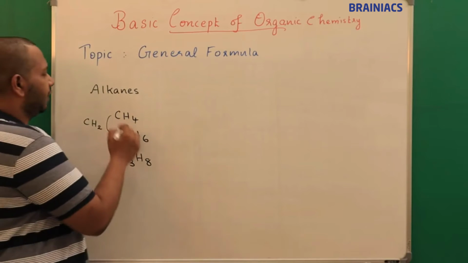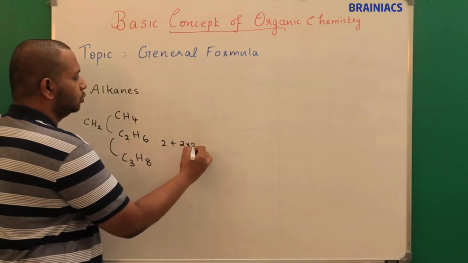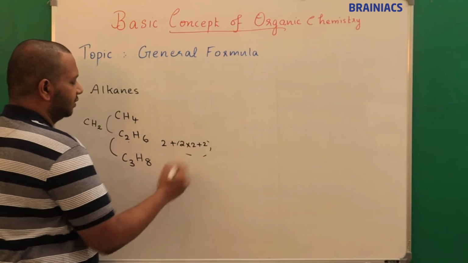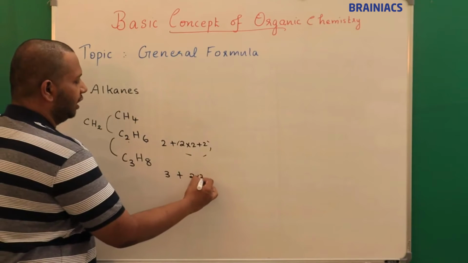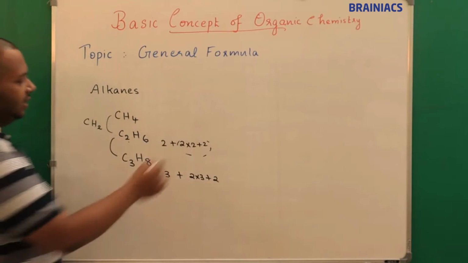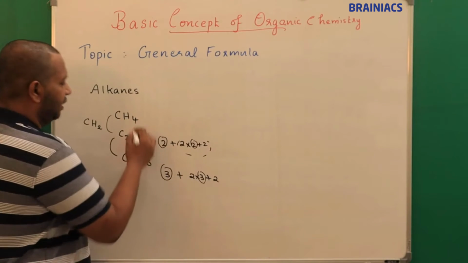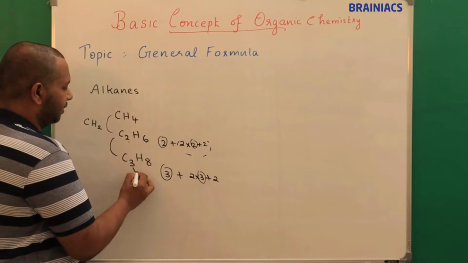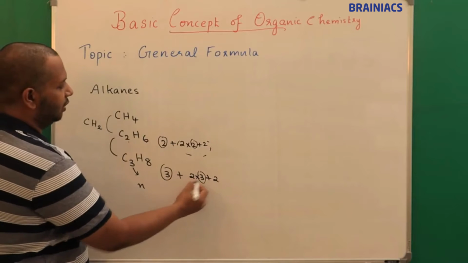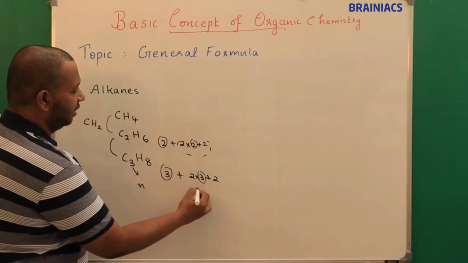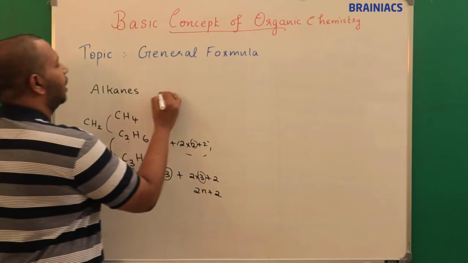How is this number differing? Here 2 becomes 6, that is 2 into 2 plus 2. Now here it becomes 3, so next is 2 into 3 plus 2. Which number is varying here? This number keeps on varying. If I assume this number as n, then this will be 2n. This is n, so this becomes 2n plus 2. This is how I derive the general formula